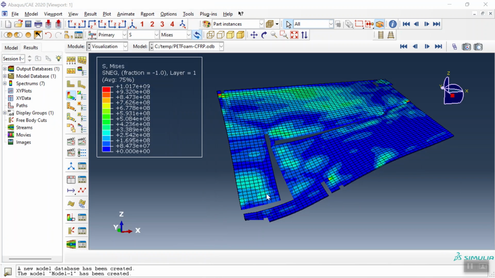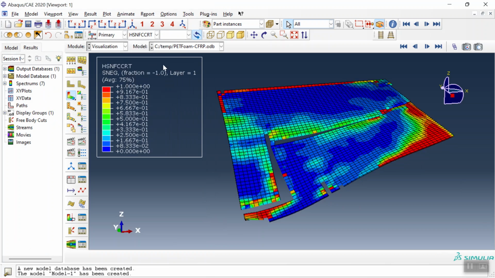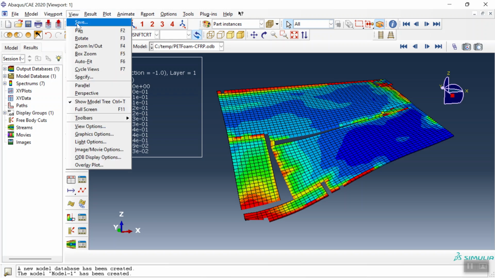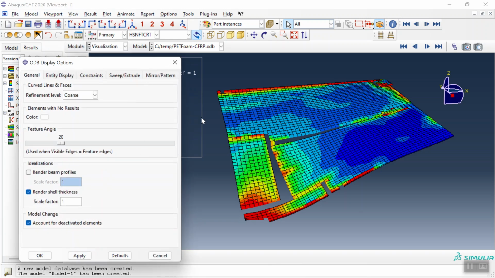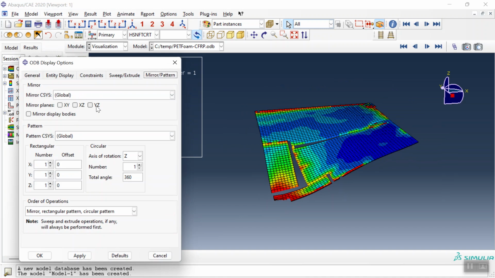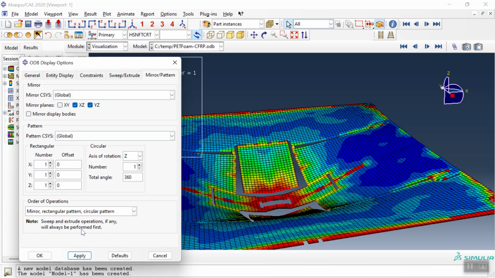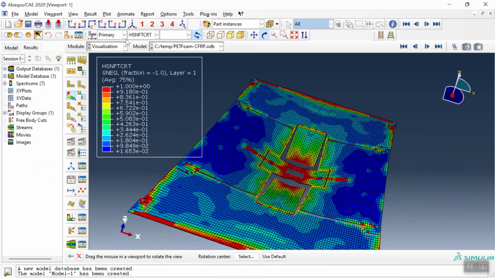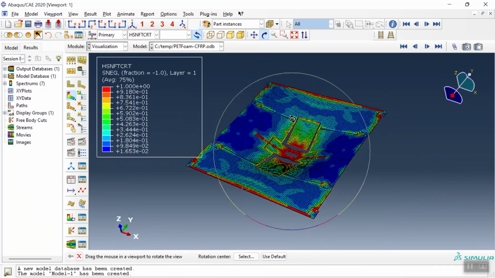Now let me first replot just the upper CFRP sides, then check the damage for it, tension damage for fiber. Also, because we use a symmetry to model this, we can use now YZXZ. Now you will have a full view of the model. See here, this is a full